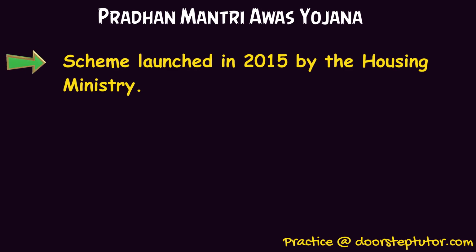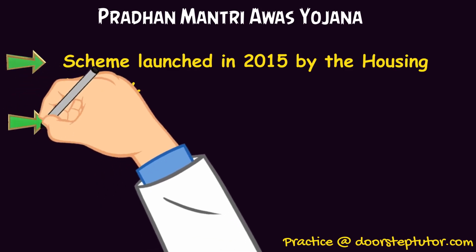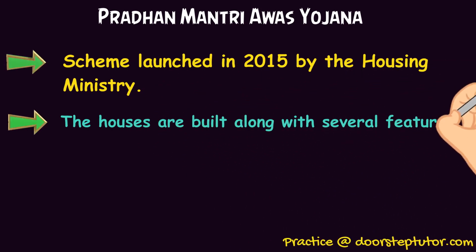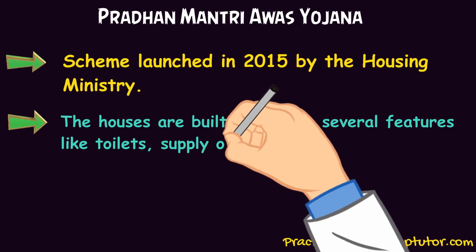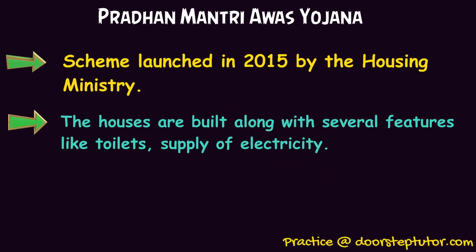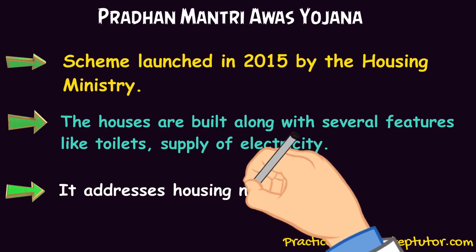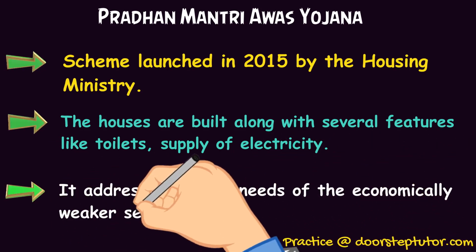This scheme is converged with other schemes as well, so as to ensure that the houses built for the poor have a toilet, an electricity connection by the Saubhagya Yojana, an Ujjwala LPG connection, and access to drinking water. This scheme addresses specifically the needs of the economically weaker sections